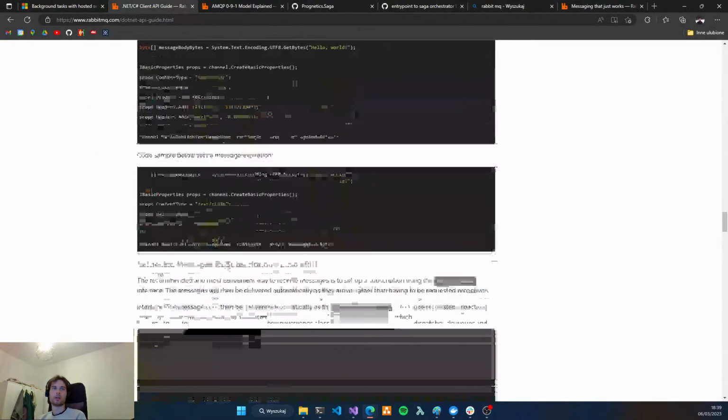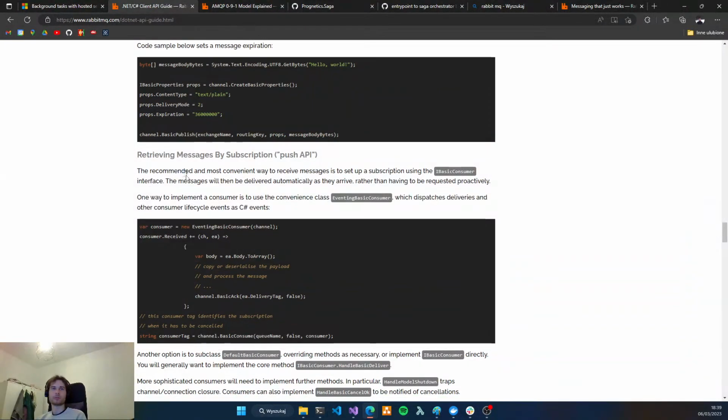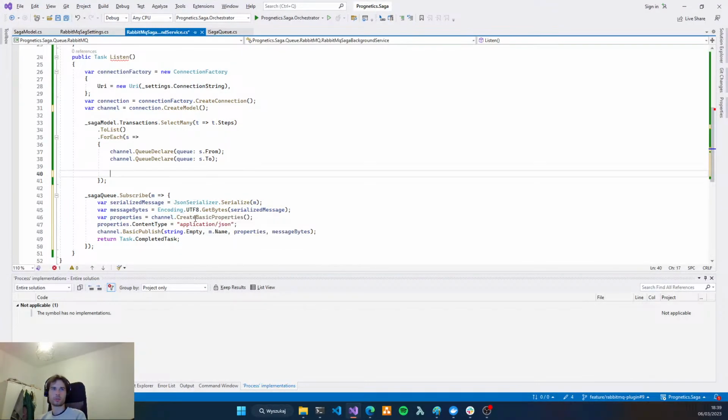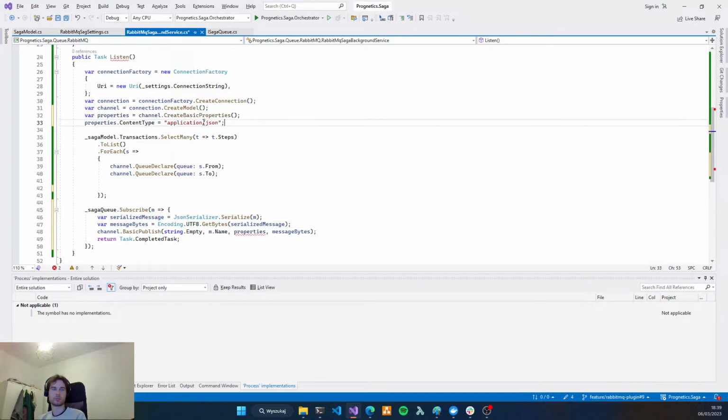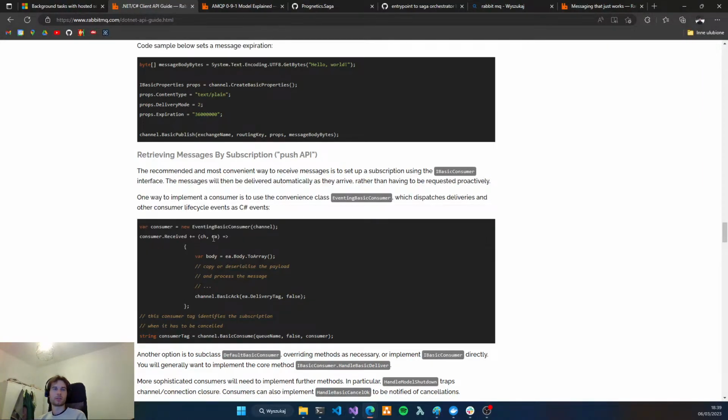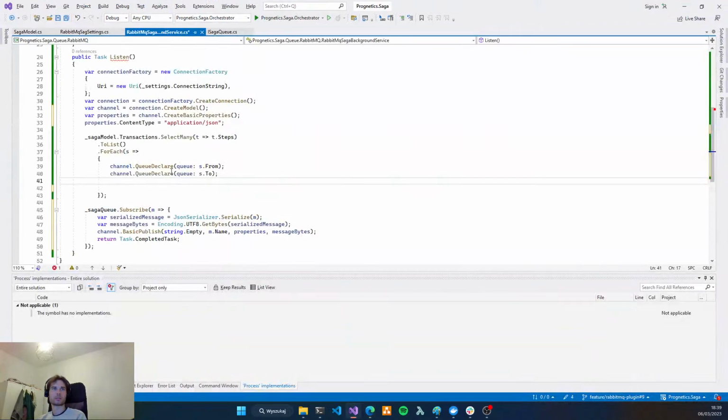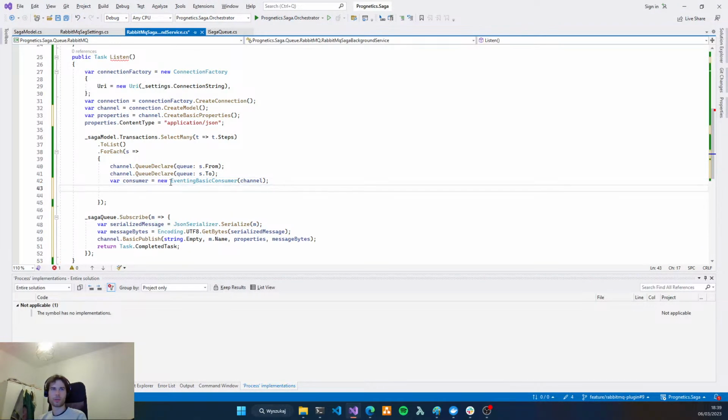So, retrieving. We need this consumer. Of course, about these properties we can have this out to not create this every time. We don't need this, and let's create this consumer.